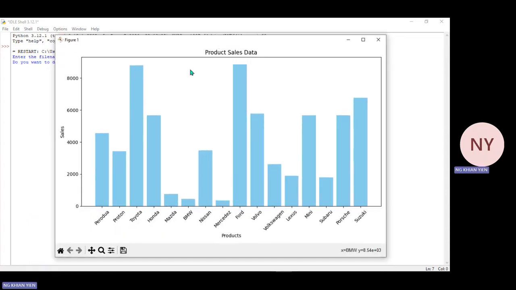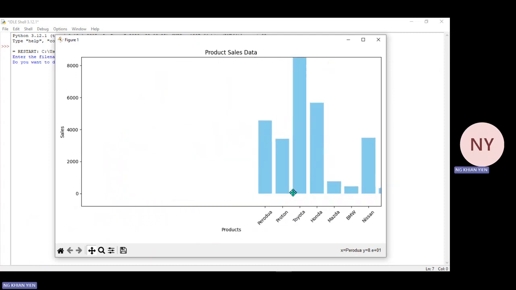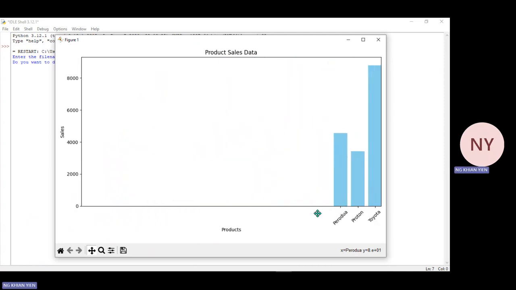For this visualization, we can customize our bar chart using the toolbar below. It can be utilized if you want to show what kind of